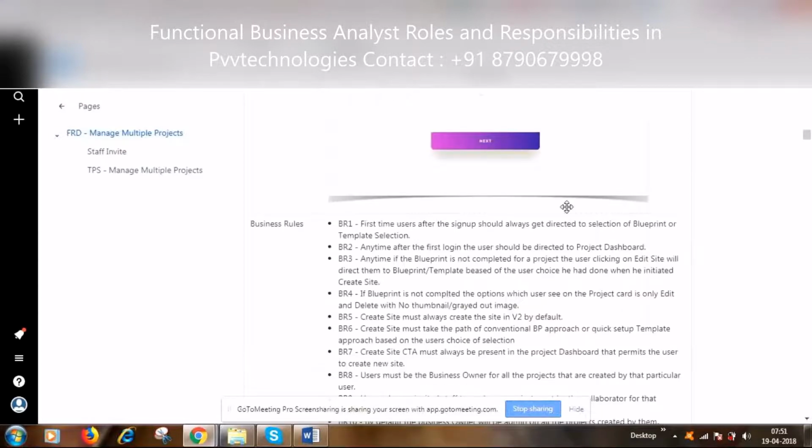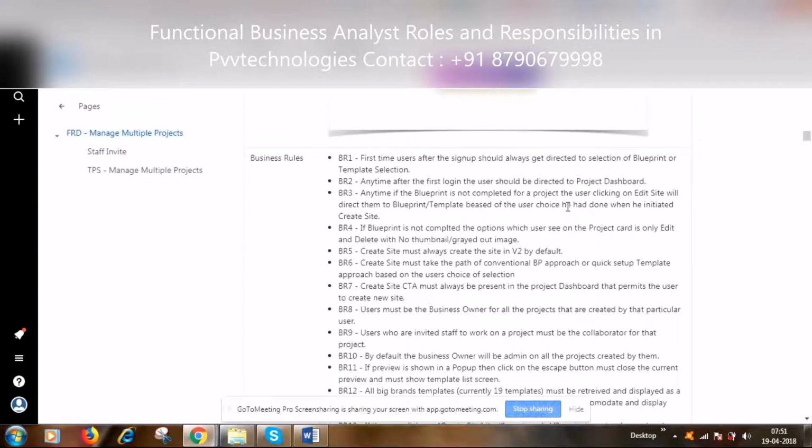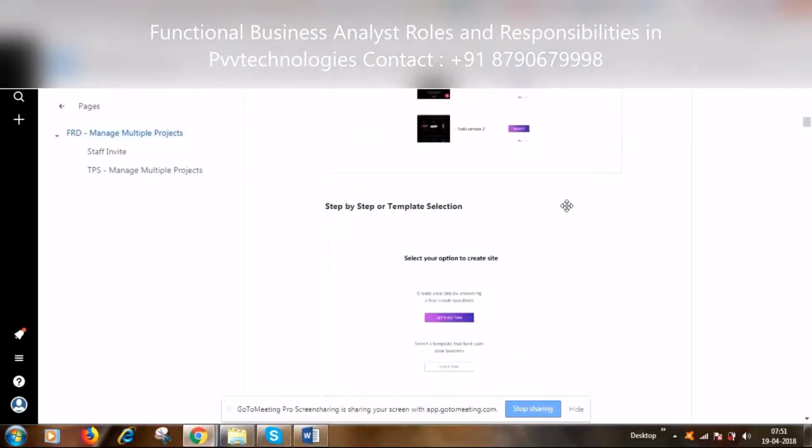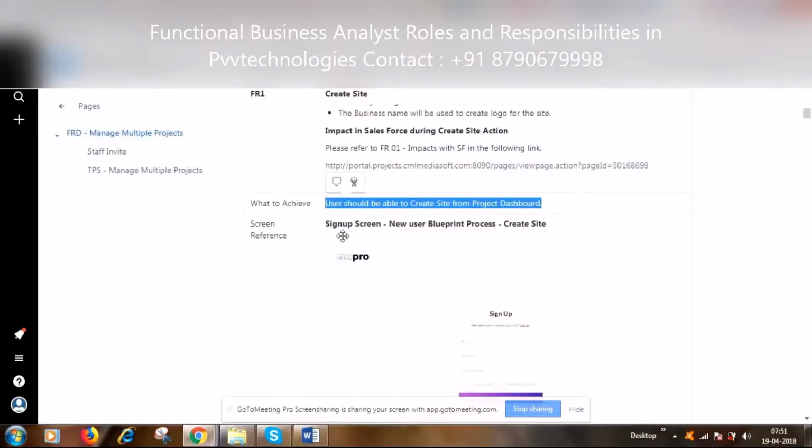So all these items you are going to record, so that any developer, any GUI people or any designer can go and look at it anytime. So what you will do, you will prepare a document in Confluence and copy this, send it across in your mail. This is it.